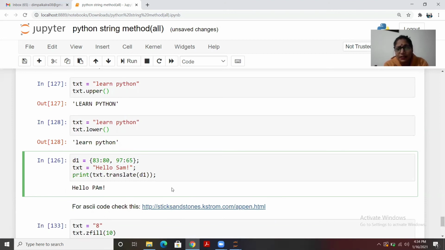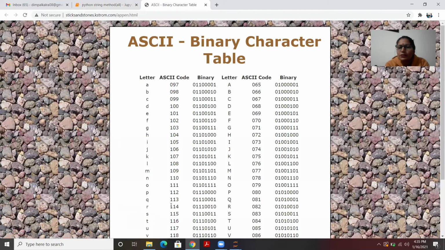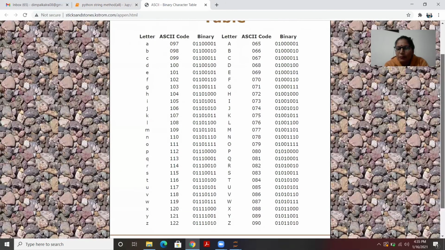For example, for P we have a different ASCII code, and for S or any number, whether it's in lower case or upper case, you can check it. See, for small a we have this code, for caps A we have this code. So we have a particular code for every string or every number. You can check it out, I have mentioned it here.